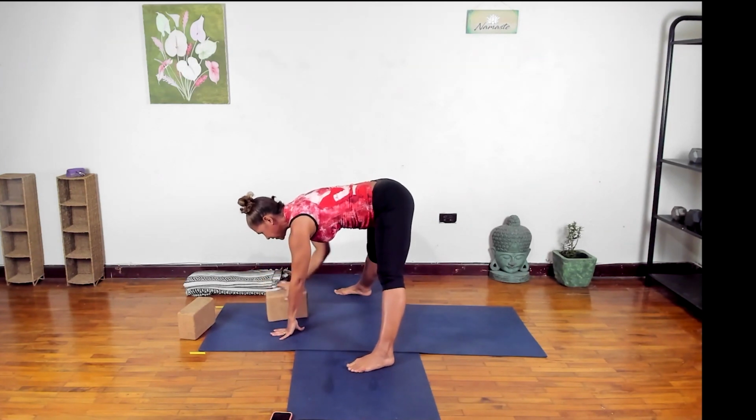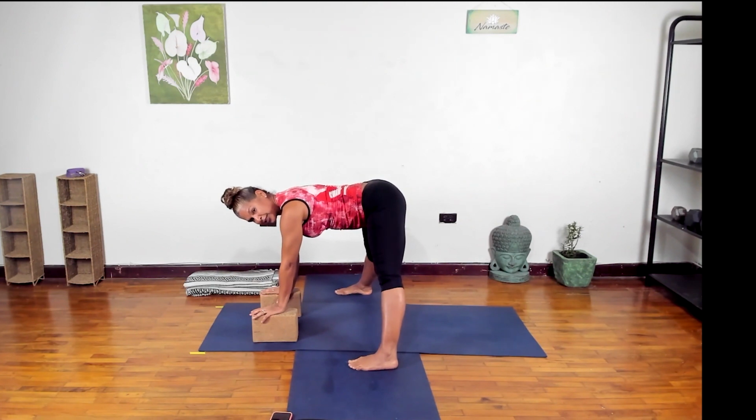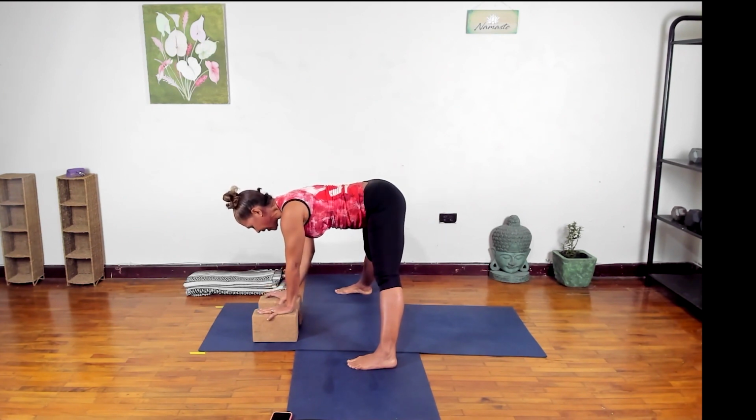You can always have your blocks underneath you. So feel free to use your blocks, but the blocks should be right under the shoulders. And breathe. And we're gonna add a little twist. So if you're using the blocks, bring the right hand on your block, center under the face, flat on the